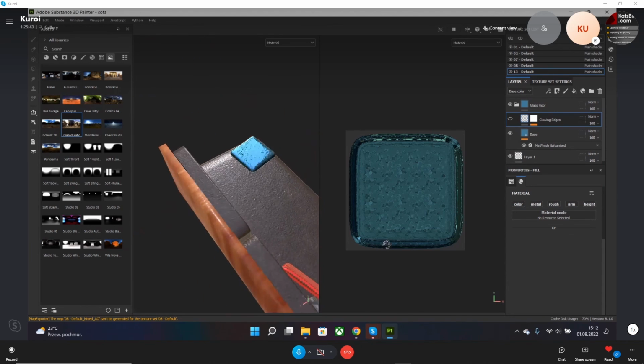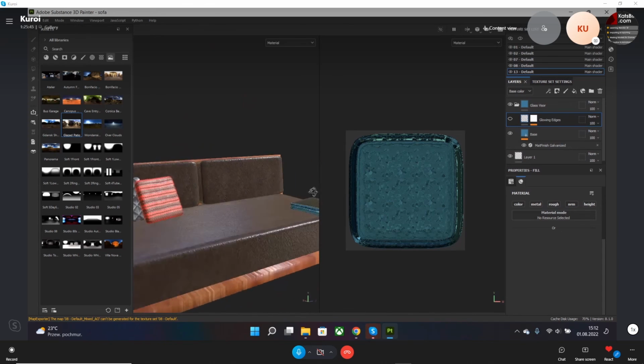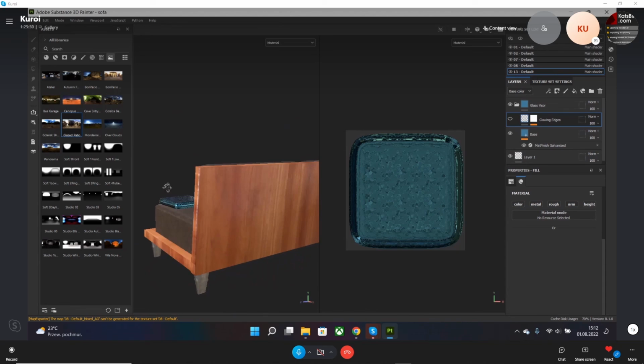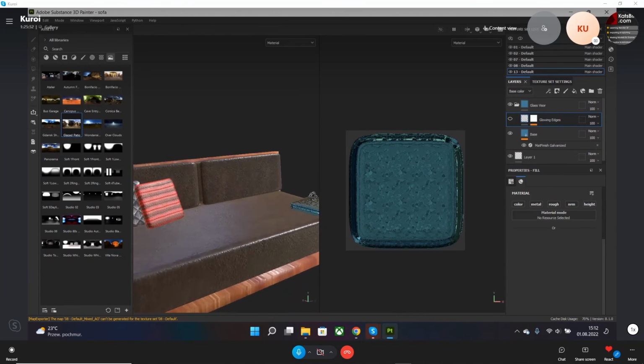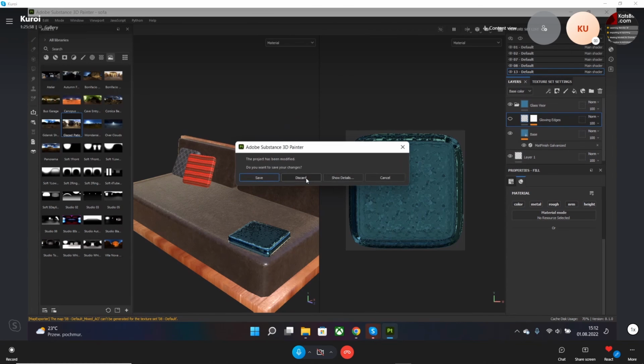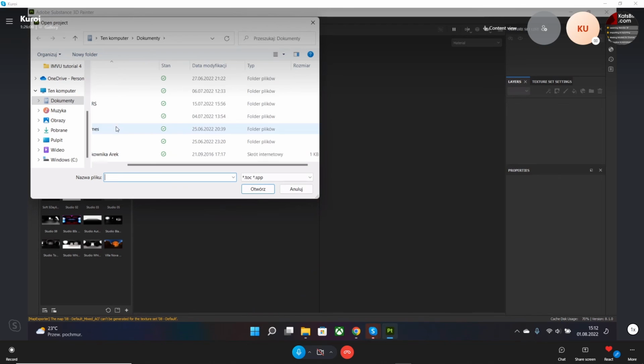All right. Okay. Well, that was very interesting again. Something different, right? Not only 3D, but also texturing. All right. So I think that would be everything. I just wanted to show something, but